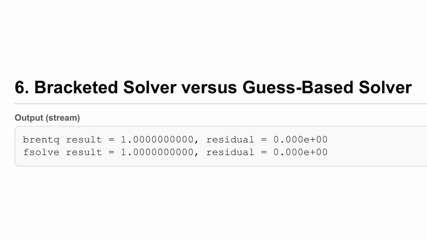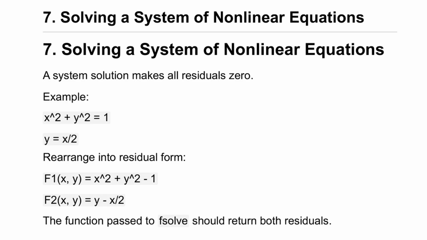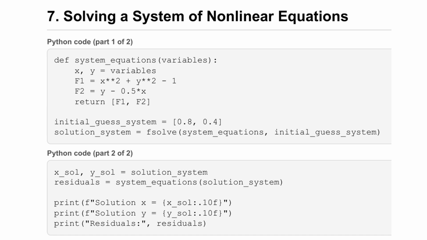It is often good practice to compare different methods to ensure the stability of your numerical solution. Now we will tackle a system of 2 nonlinear equations representing a unit circle and a line. To solve this using fsolve, we must first rearrange both equations into a residual form, where they are set equal to 0. We define a single function that takes a vector of variables and returns a list containing the residuals